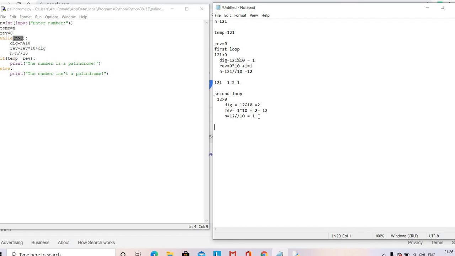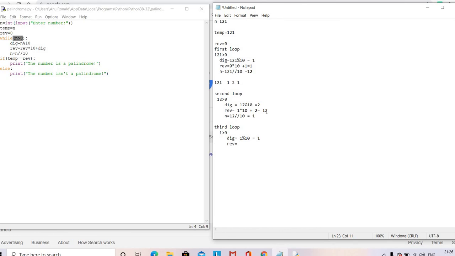Now again we are checking for the third loop. Checking 1 is greater than 0. It's true. So doing the process, digit equal to 1 mod 10. You got the value 1 there. Reverse equal to reverse star 10 plus digit.